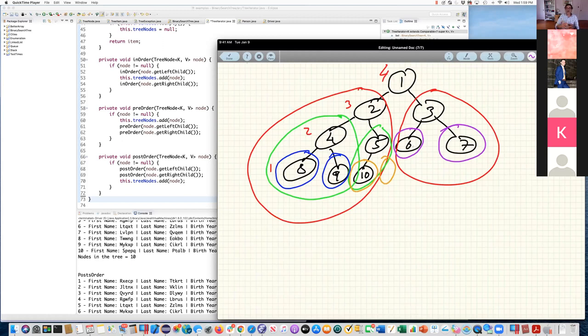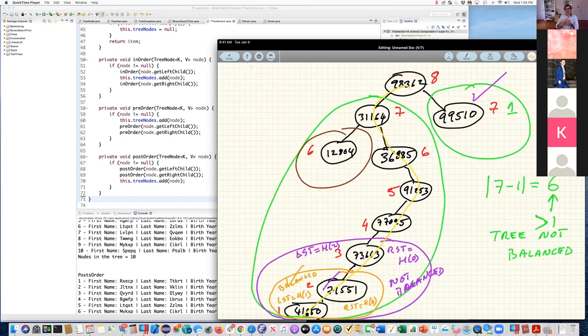Now, the order in which I put nodes into a tree determines whether the tree is balanced or not. So the order in which I put nodes into my person tree here generated an unbalanced tree. It would be nice for me to figure out how to get it balanced again. The order in which I put things into the tree is very important. I don't have any control over that order because I'm going to put things into the tree in whatever order they were given to me.